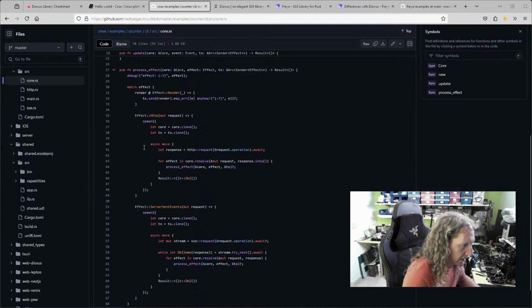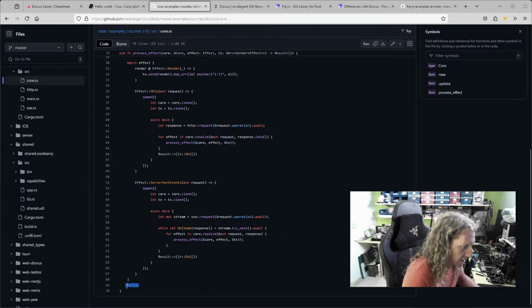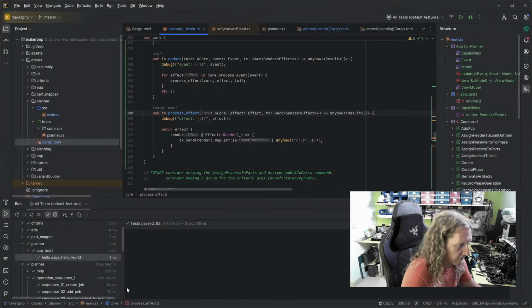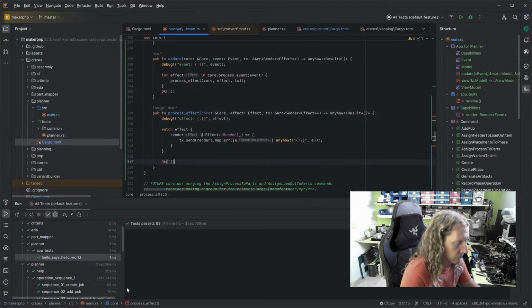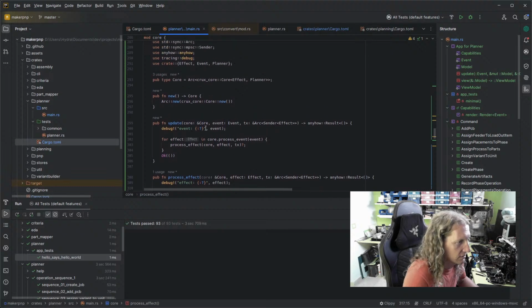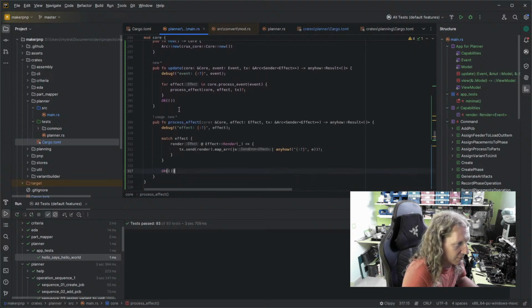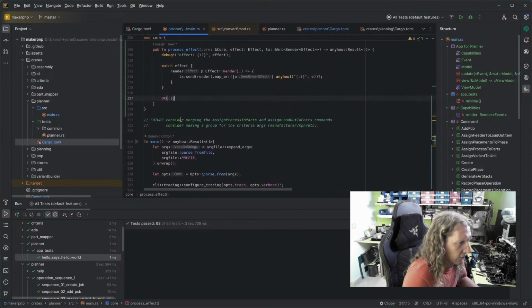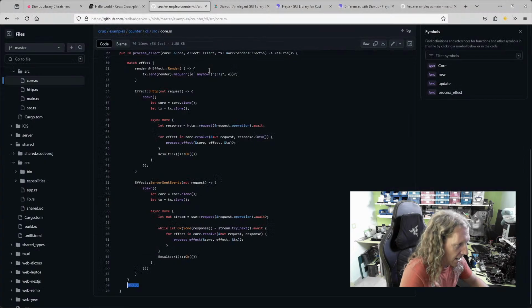So it goes match the effect, and then it just goes OK at the end. Fine. Okay. That seems about as minimal as I can get it. So then what was happening